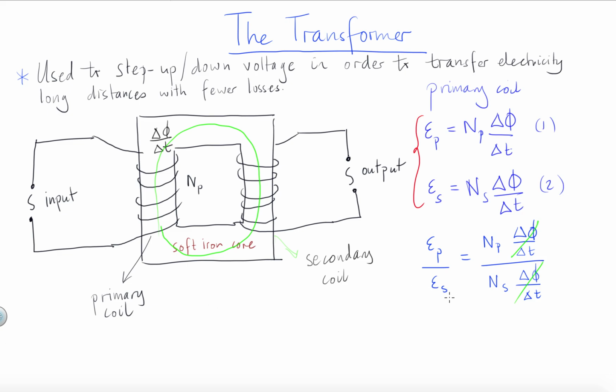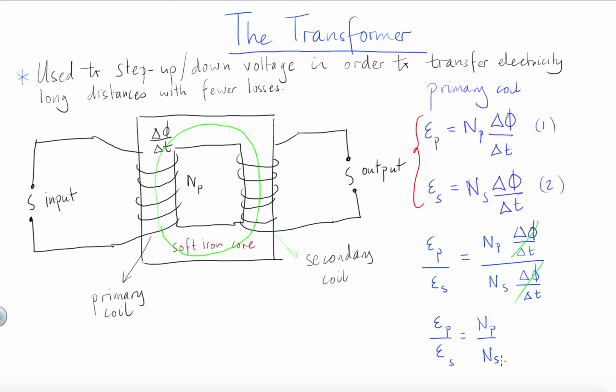I end up with what we call the transformer equation, which is the ratio of the EMFs in the primary to the secondary coil is the same as the ratio of the number of coils in the primary to the